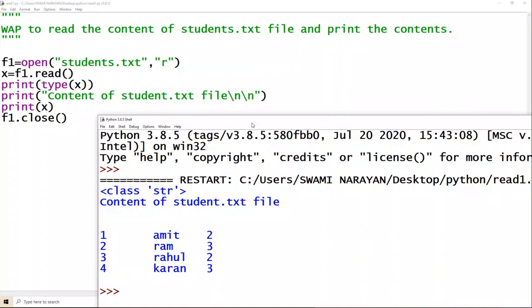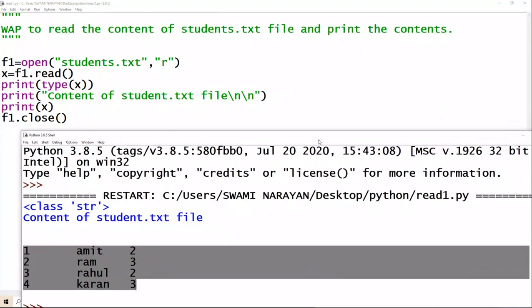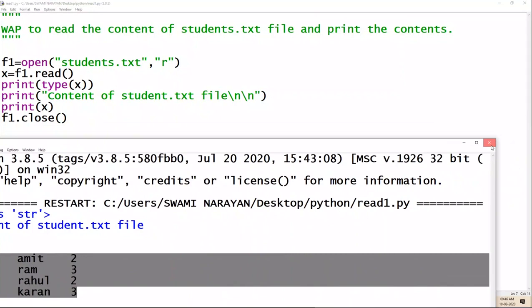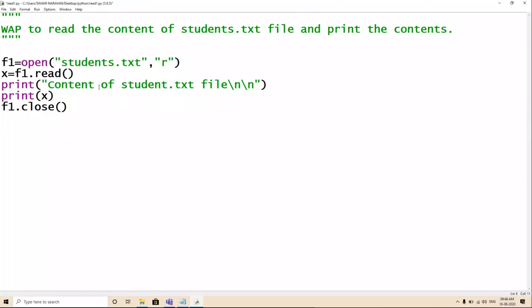Text means string, text always means a string. Whatever it is, 1 is also considered a string, Amit is also considered a string. The entire thing in a text file is treated as text only, that is your string only. Okay, let me remove it.